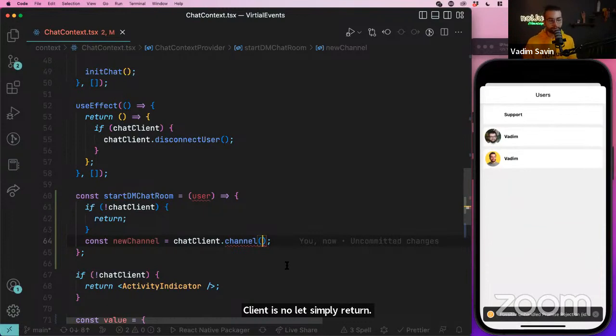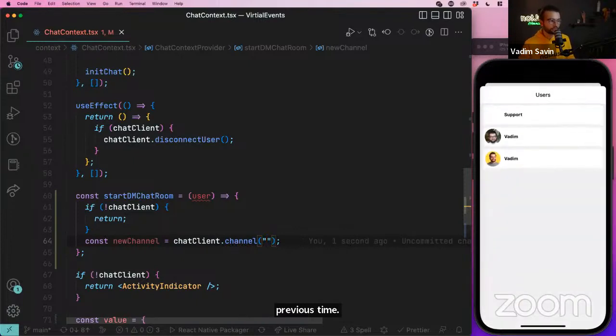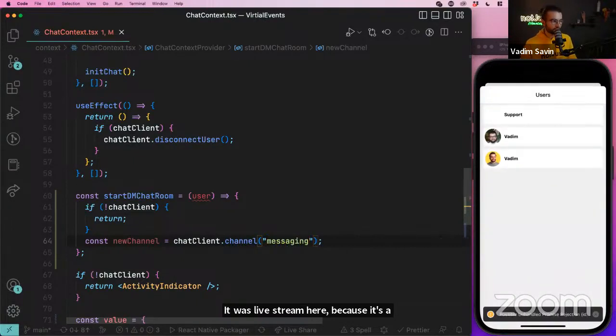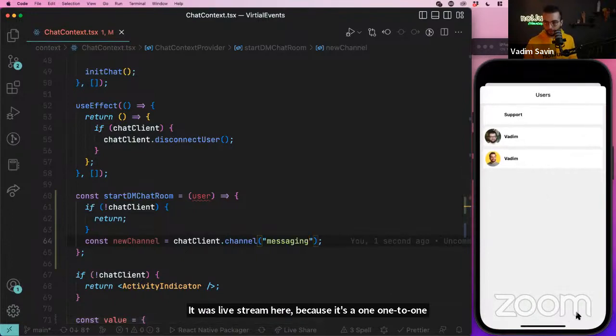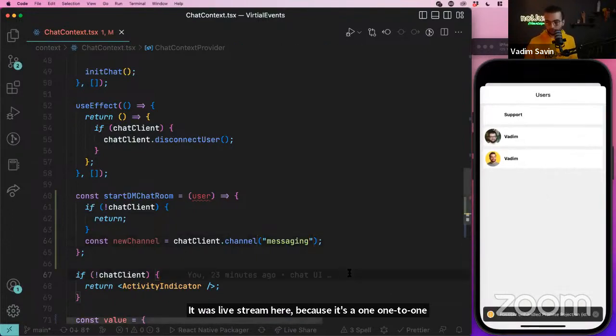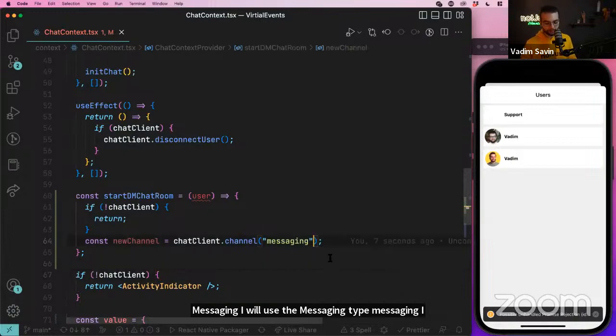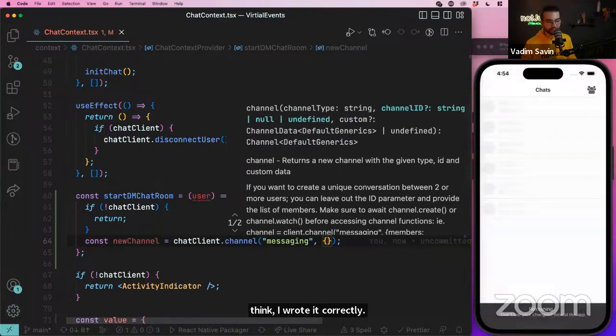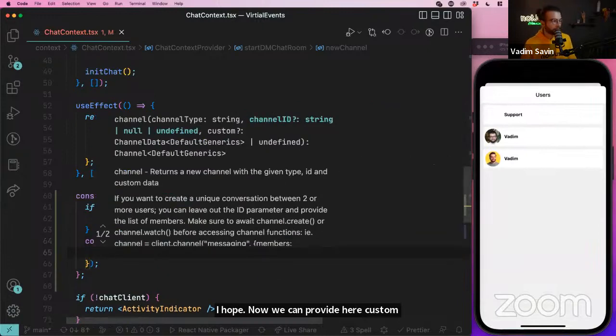Now, the first parameter should be the type of channel. Previous time it was livestream. Here, because it's one-to-one messaging, I will use the messaging type. Messaging. I think I wrote it correctly, I hope. Now we can provide custom data here, and one of these can be,